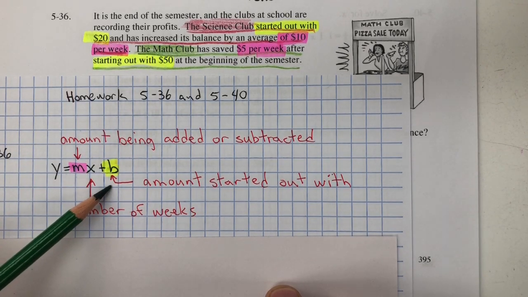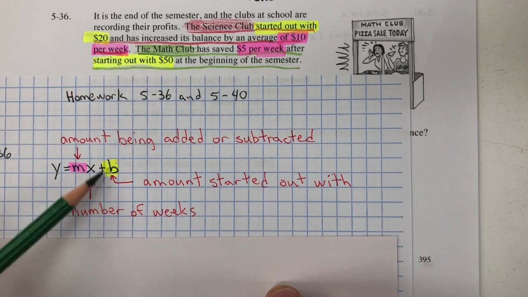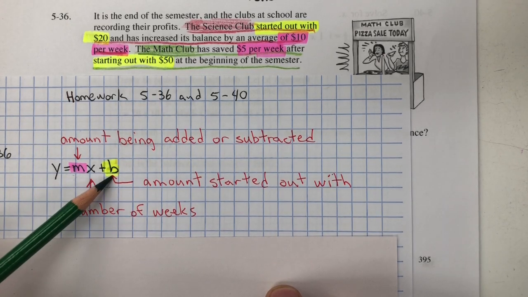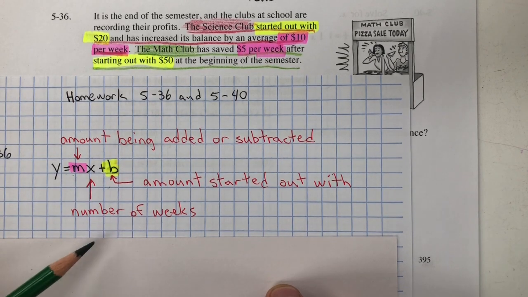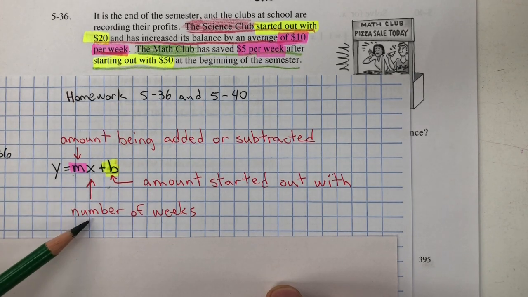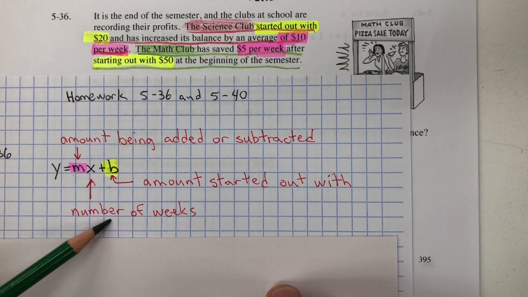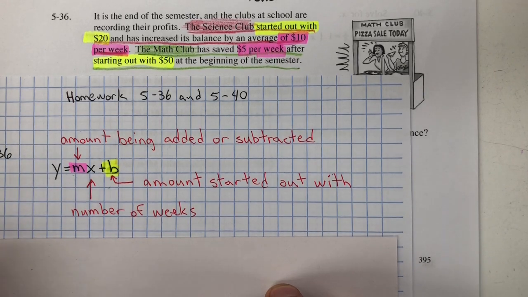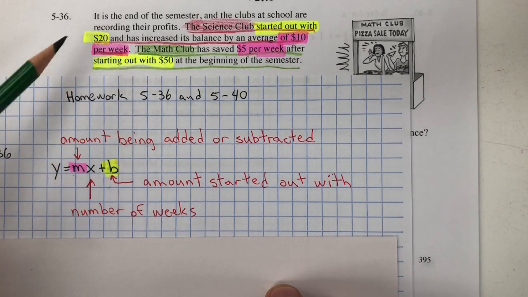B represents how much you're starting out with, the y-intercept. So this is the rate of change, or the growth rate, also known as slope. B is the initial value, what you're starting out with, or the y-intercept. So in problem 536, the x represents the time, the number of weeks, and the y is going to equal the total balance. So we want to put these two